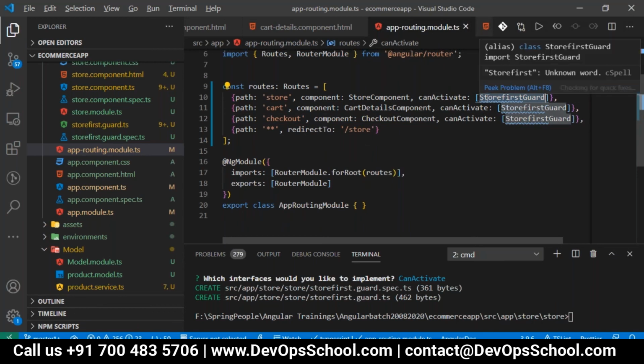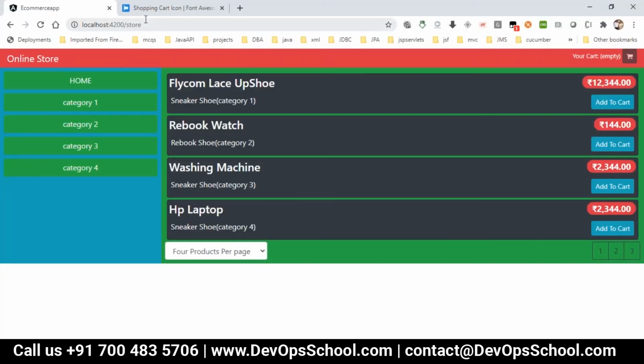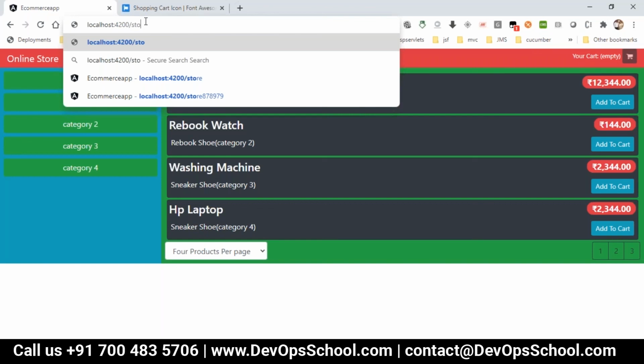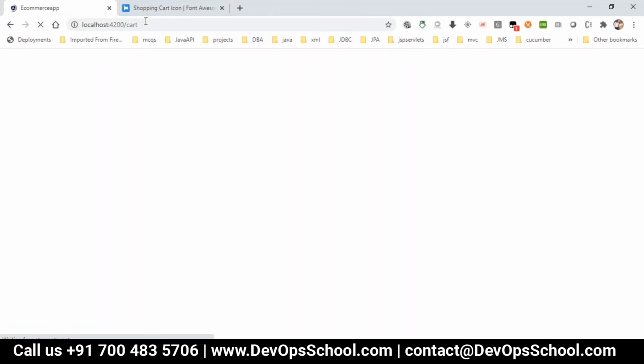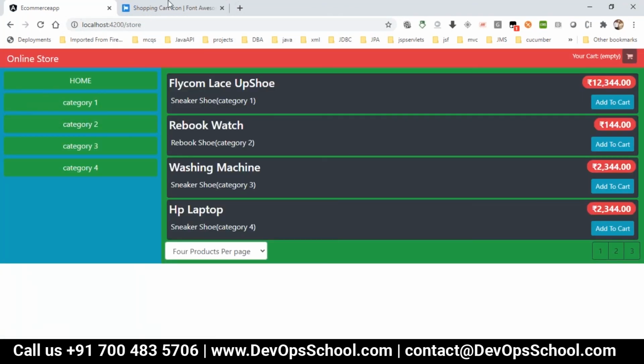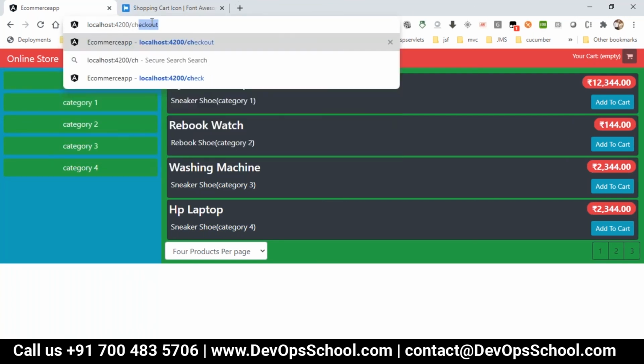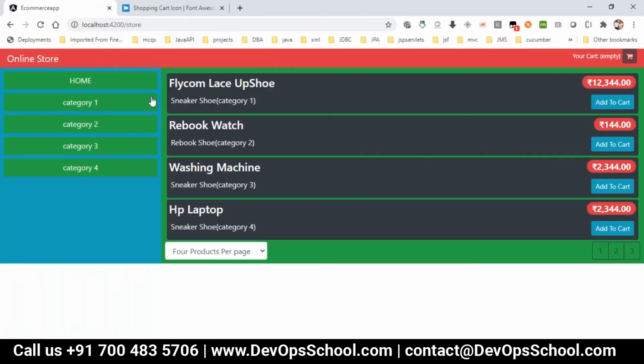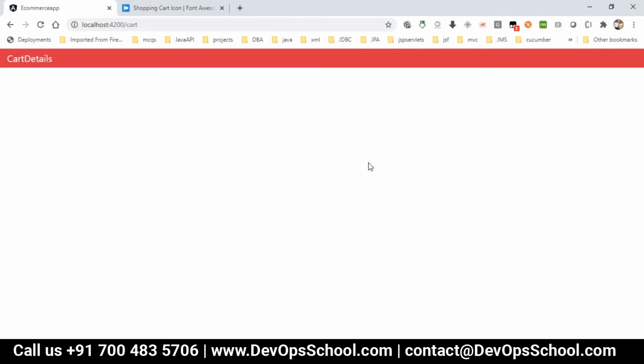Now if I try to access the cart, it will redirect to store. If I try to access the checkout, I can't access anything, it will always redirect to the store. Only after adding to the cart, it will come.